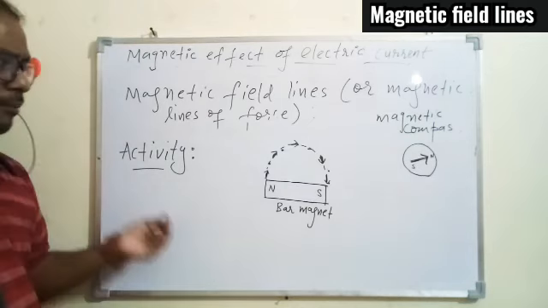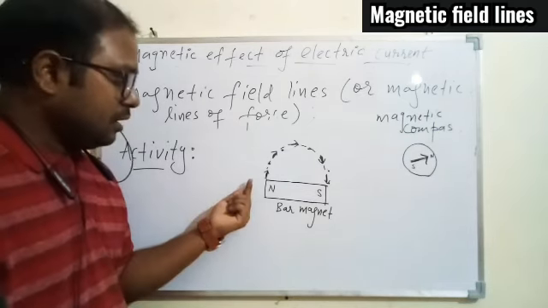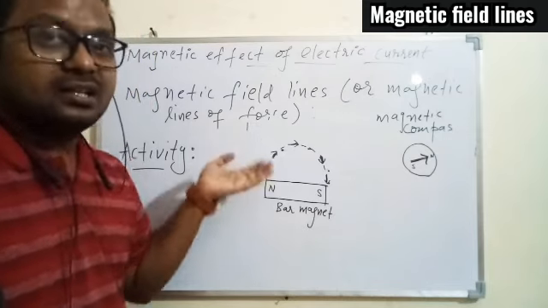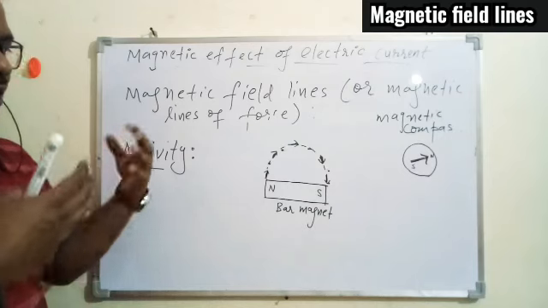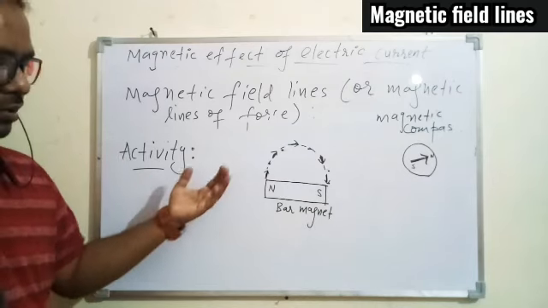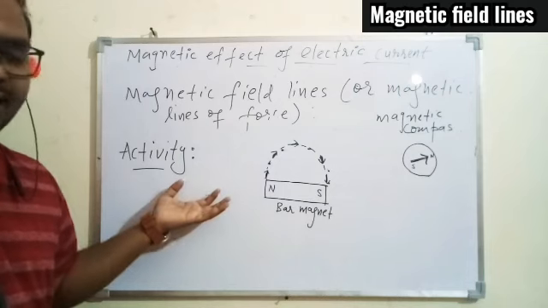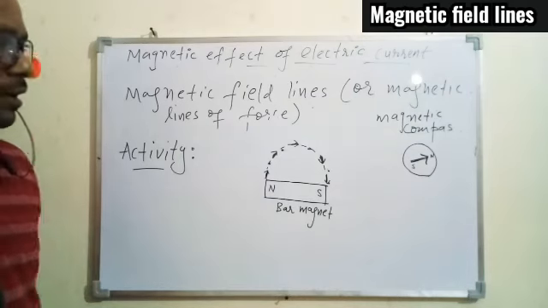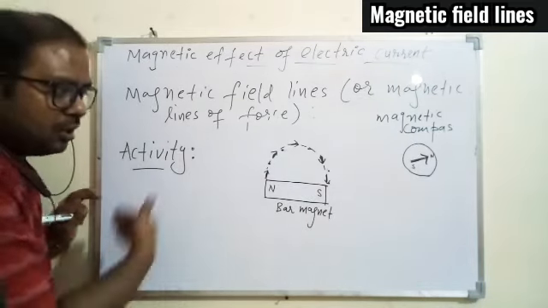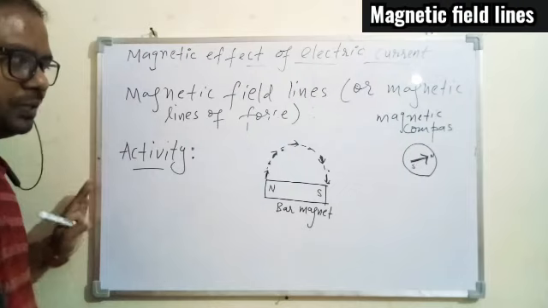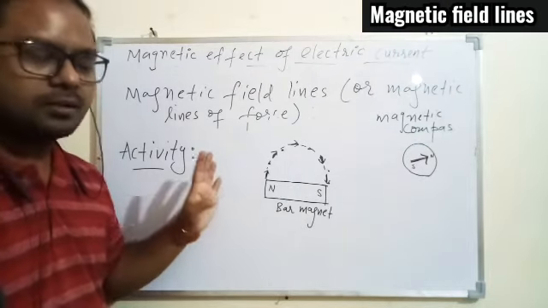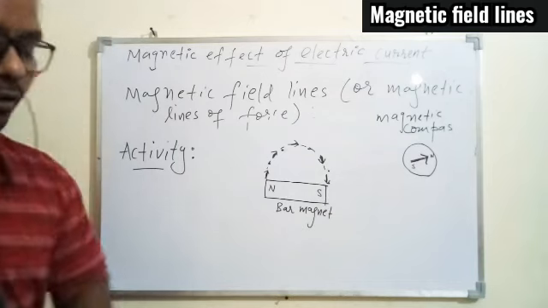So based on this activity we can say that a magnetic field line is a hypothetical line. Hypothetical is something based on the activity and the theory that we are getting here, and it's not something imagination. If you start doing this activity you'll get this line on the paper and try. Okay, so one thing is clear, it's a hypothetical line around a magnet within some magnetic field, which basically shows the direction of force, that is magnetic force, and the strength of the magnetic force. Okay, that is one thing.